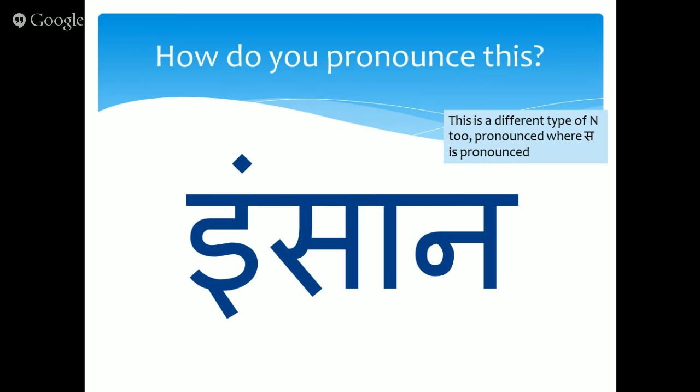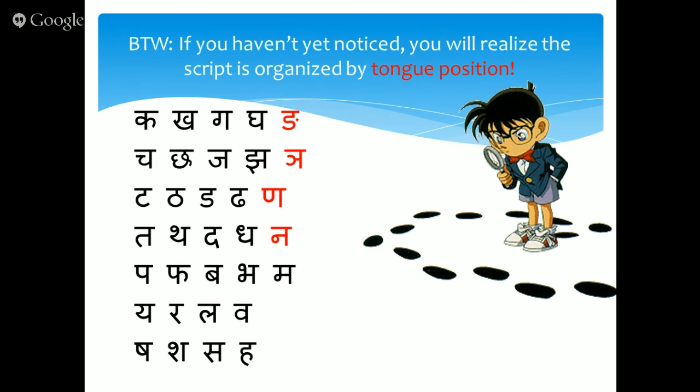Well, the dot is an N sound pronounced similar to the place where we pronounce. So this is insan, insan, insan. If you haven't noticed up to now, it's time to realize that the Hindi alphabet, aka Devanagari, is actually